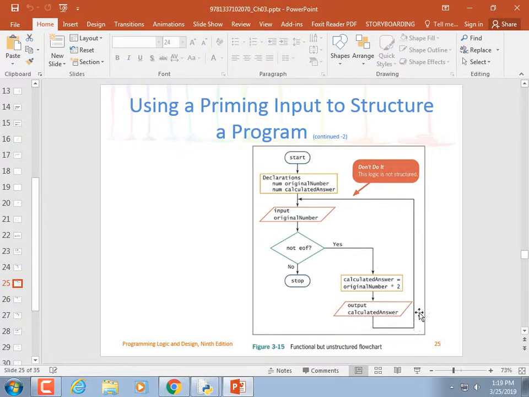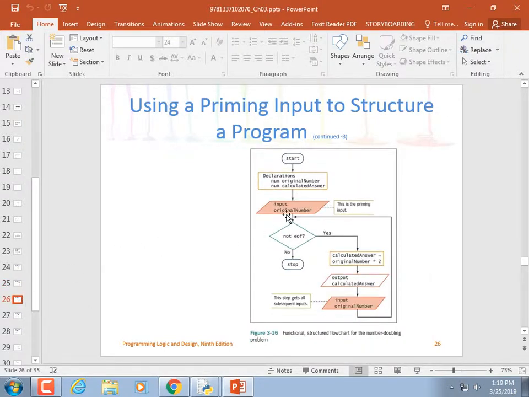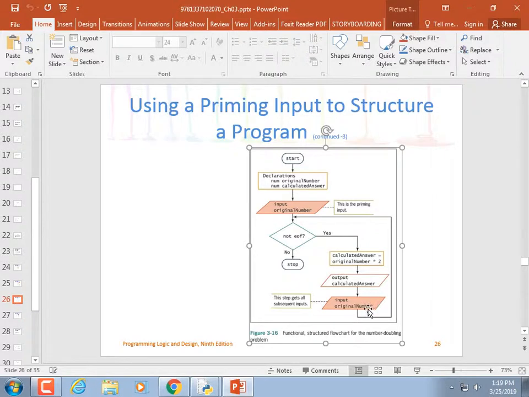You may think, if you're drawing a flowchart, that you can just draw the line coming up above the input statement, and that would fix it. Well, but that's not the way while loops work, right? You can't just jump up an arbitrary number of lines in the code. Instead, that second input statement would need to be indented in the code. Now it's correct, right? We have a priming input, and then we have a second input here. This is the first one that lets them go into the loop, and this is the second one that keeps getting repeated until they enter invalid data. Until they enter the signal value.